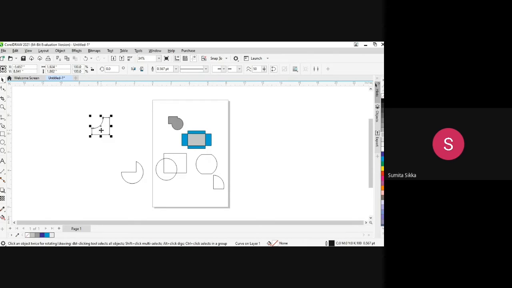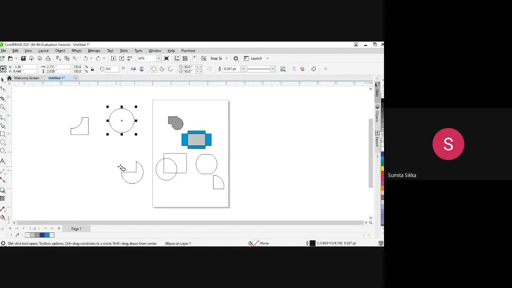What does welding do? Welding helps in all these, which we have in the property bar after selecting the two images: we can combine them, we can weld them, we can intersect them, we can trim them. So this helps in getting new shapes which are useful for making a logo. This is the circle. I just want to make another circle inside it which is a little smaller than it. So for that, I will be duplicating this circle, or making a copy of it.